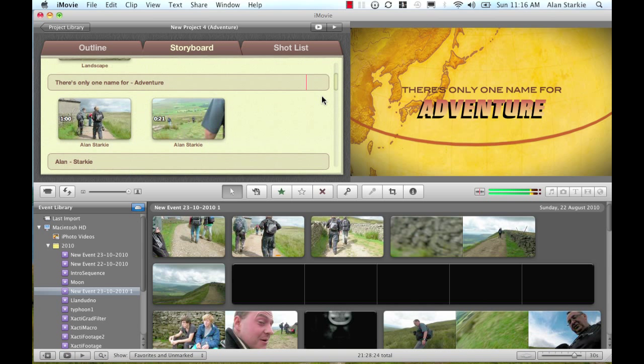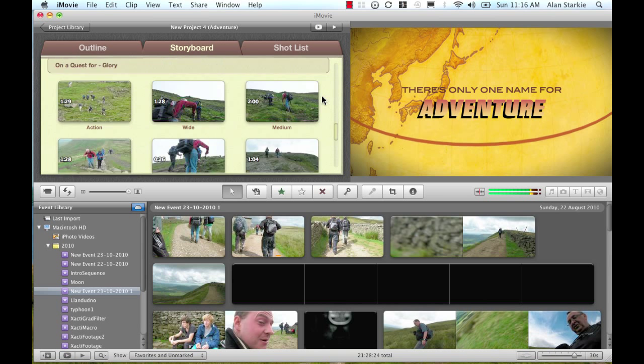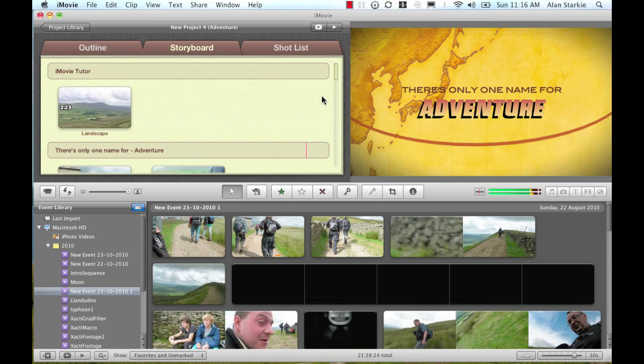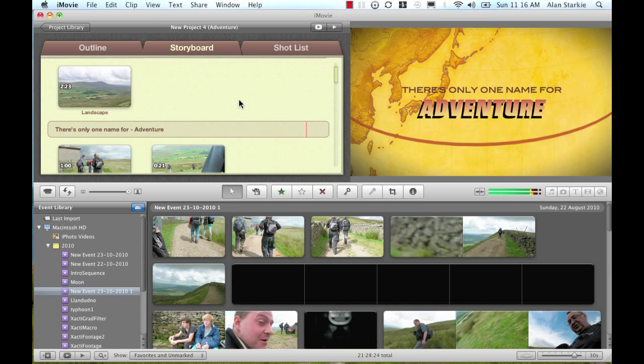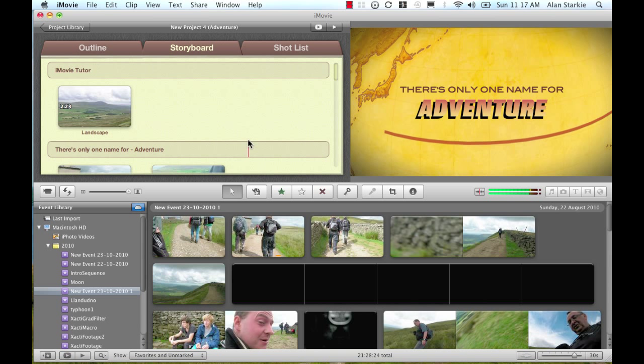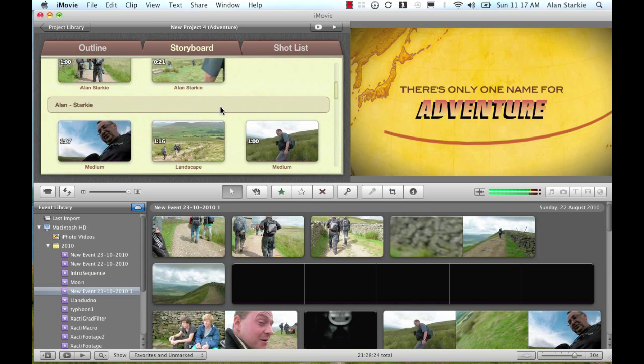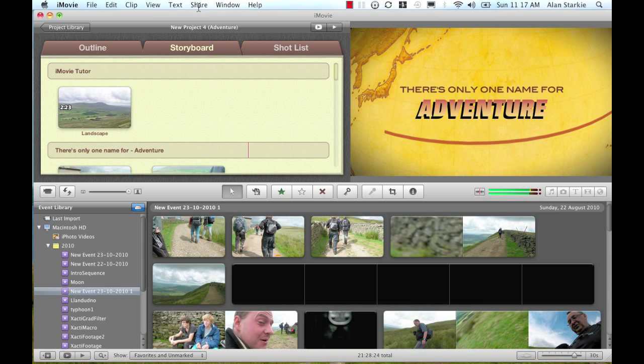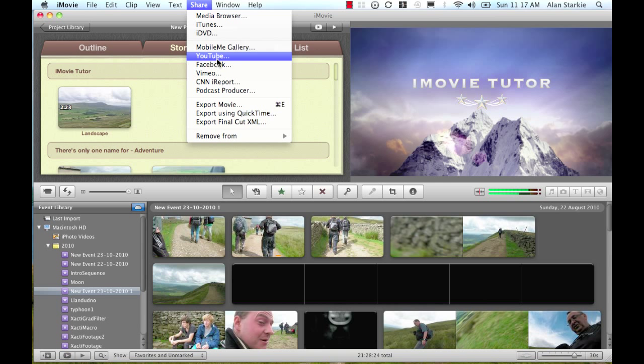Now this is the iMovie movie trailer, a kind of new feature in the latest incarnation of iMovie that I've already made. And so let's say we want to go and upload this to YouTube. What kind of settings do we need to use? So there's an easy way of doing it and a slightly more difficult, kind of manual way of doing it. So we've got our movie ready made here, everything's working. If we click share and then YouTube,